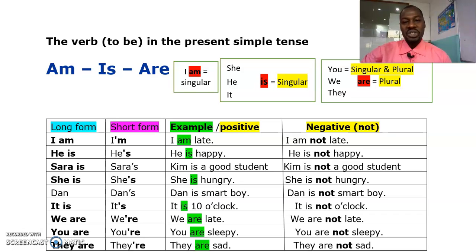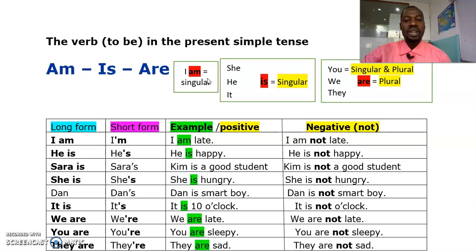In this lesson, I'm going to teach you about the verb to be in the present simple tense. Now, the verb to be is one of the most important verbs in the English language. If you are learning English or are a student, you should definitely know how to use this verb correctly. In this lesson, I will explain and teach you a very easy way that you will be able to understand and use this verb correctly. So first, if the subject is I,